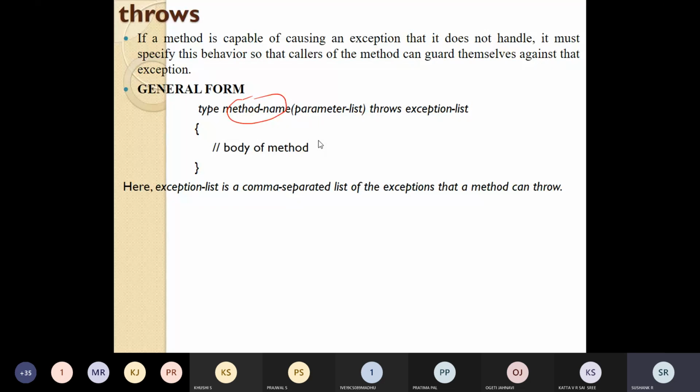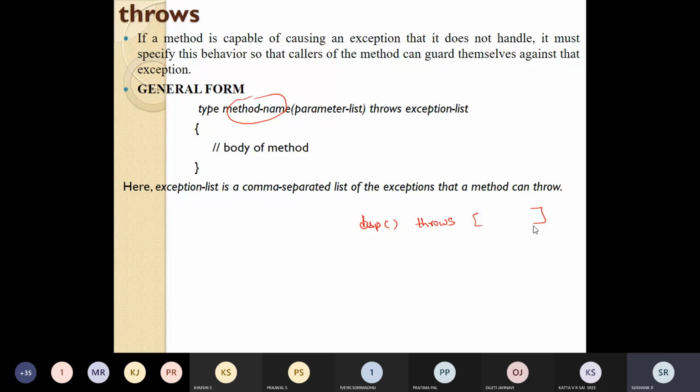So how to do this: in front of the method, for example, add is a method. In front of the method, like I'll just write a method called display. In front of the method, you need to use this throws keyword and the exception it can throw.